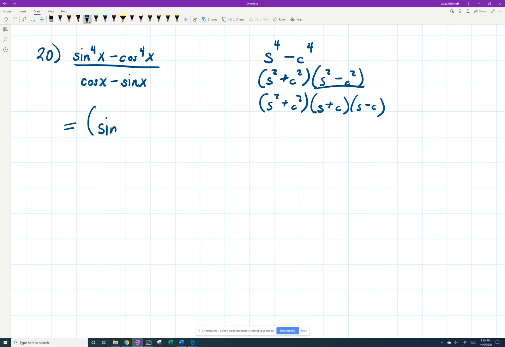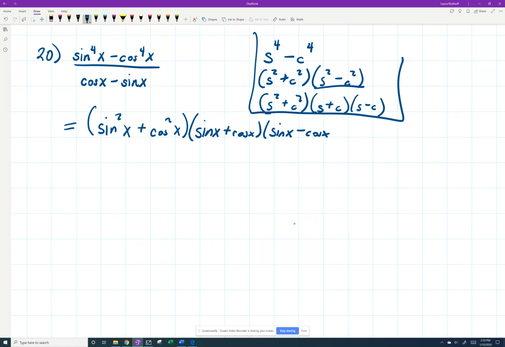We're going to have sine squared x plus cosine squared x times the sine of x plus the cosine of x times the sine of x minus the cosine of x. So the same thing we did here, except we just replaced all the s's with sines and the c's with cosines. And then when we throw that over the bottom, that cosine x minus sine x, we notice that it's very similar to one of these factors on the top, this guy here, but the signs